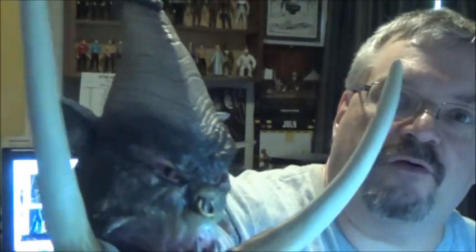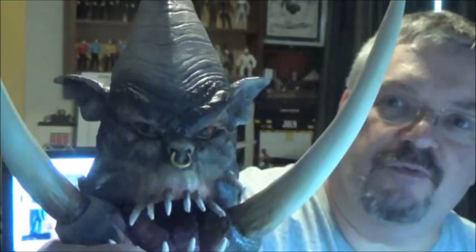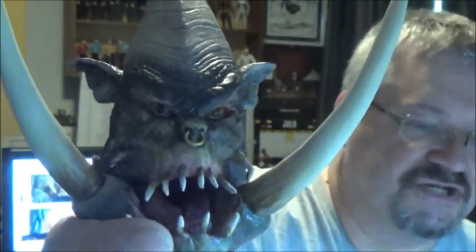The base, everything is nice and glued down, but I want to do some highlighting on the sand and the base, and that's going to be easier to do without him being glued down to it. But I want to work on the eyes a little bit more now. Those are red eyes with black pupils in them, but I'm going to put a little bit more red in there, orangey red, try to warm them up a little bit,